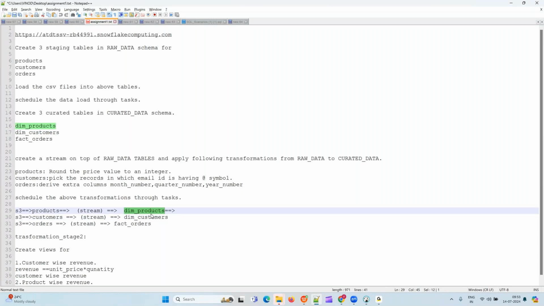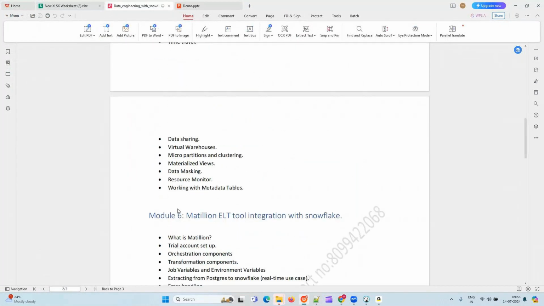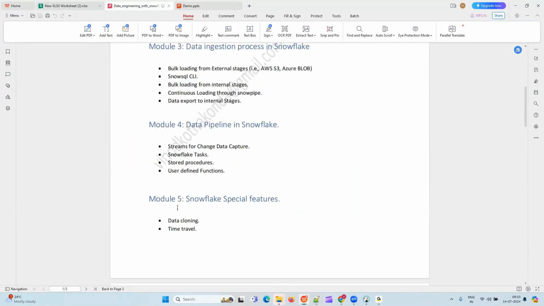In a data warehouse, mostly it will be SCD only. We don't do one-to-one transformations, right? So when we discuss this in which particular module, streams actually. Streams are for SCD in Snowflake. So here we are going to discuss that SCD concept.